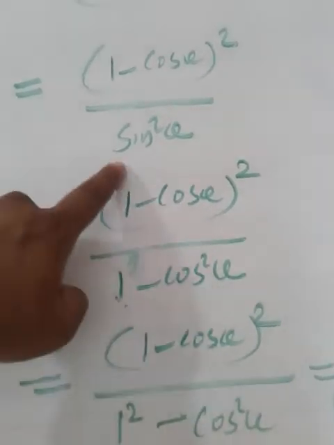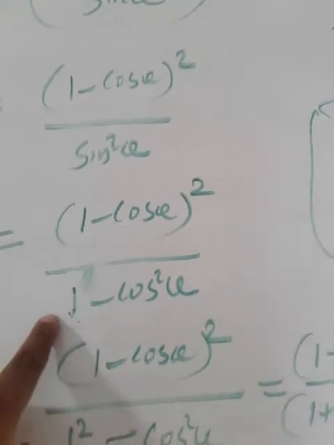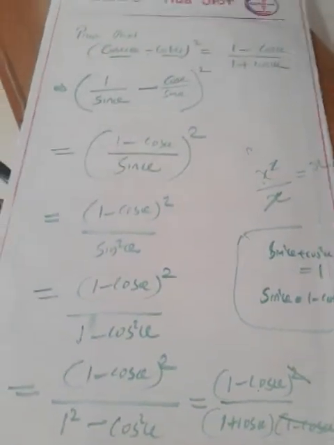Okay, and in the denominator I am going to make changes. Why? Because here the denominator is 1 plus cos theta, it was sin square theta, so I need some changes. That's why I changed here, and I made some alteration here, and I applied a plus b into a minus b. In that way we will get the solution.